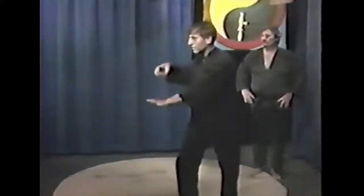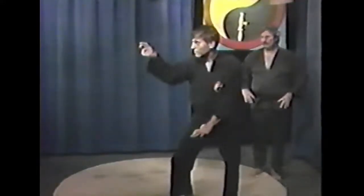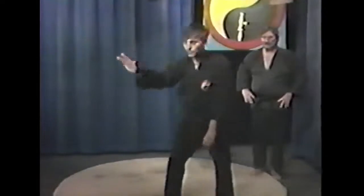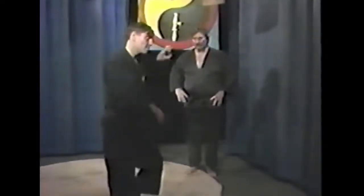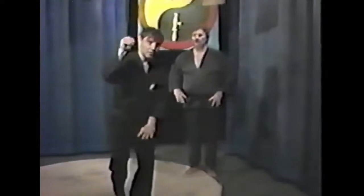Again, coming from a 90-degree angle, strike through the midsection, a block, and an open hand strike called cobra strike into the eyes. And we do the exact same thing on the other side. Midsection strike, block, cobra strike to the eyes, then facing the opponent forward. This is a strike to the forehead, kick, block, punch, block from the opponent coming from another angle,